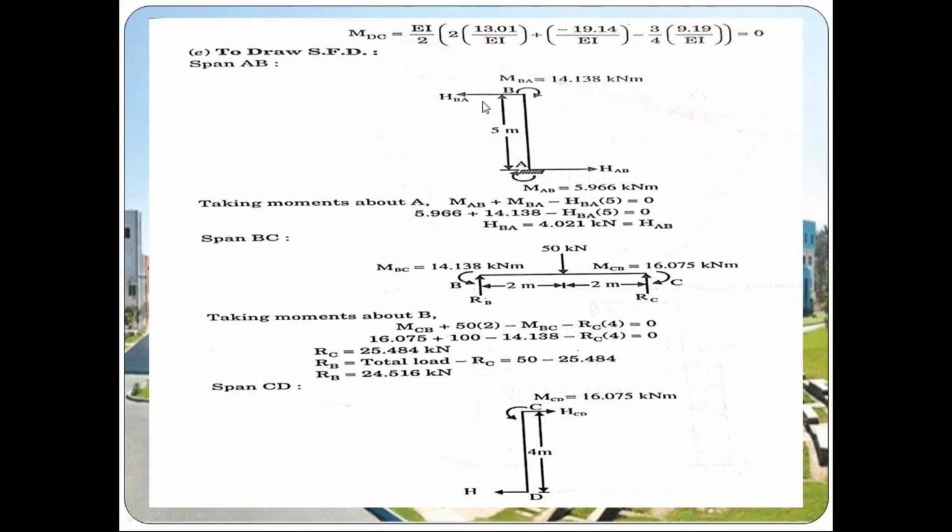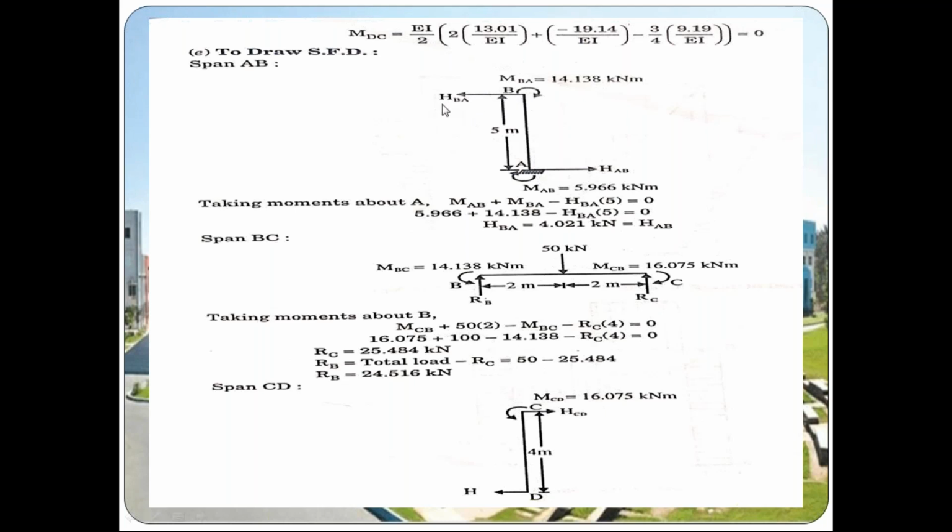After calculating all the moments, the next step is calculation of the shear force diagram. First we are calculating for span AB. Joint A is fixed, and we are putting in reaction forces. Span AB has no lateral loads. We are assuming a horizontal reaction at point A, HAB, in the right side direction. There will also be a reaction at the other support, joint B. If at point A the reaction is right side, at point B the reaction will be left side.